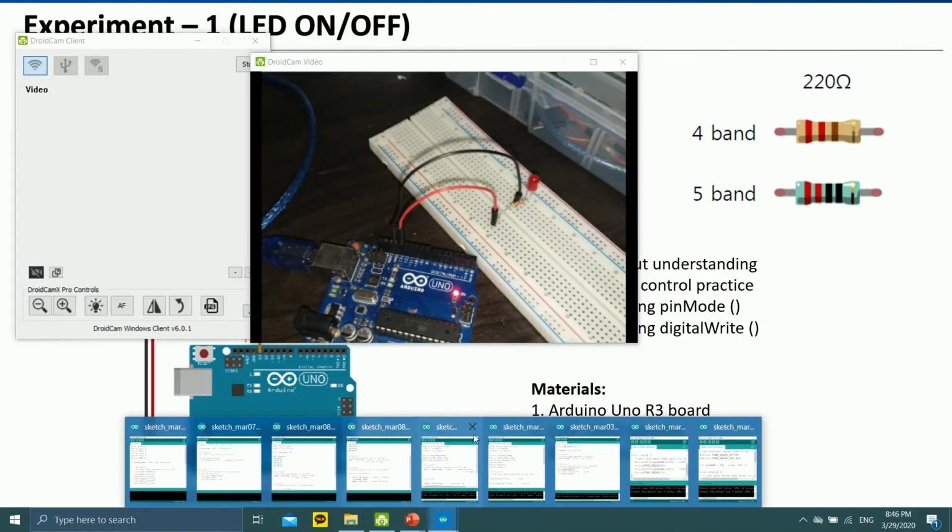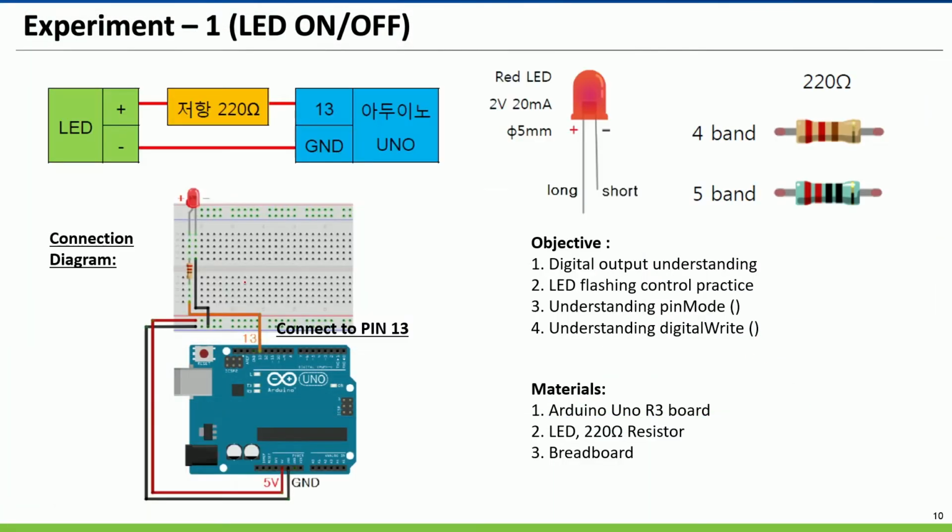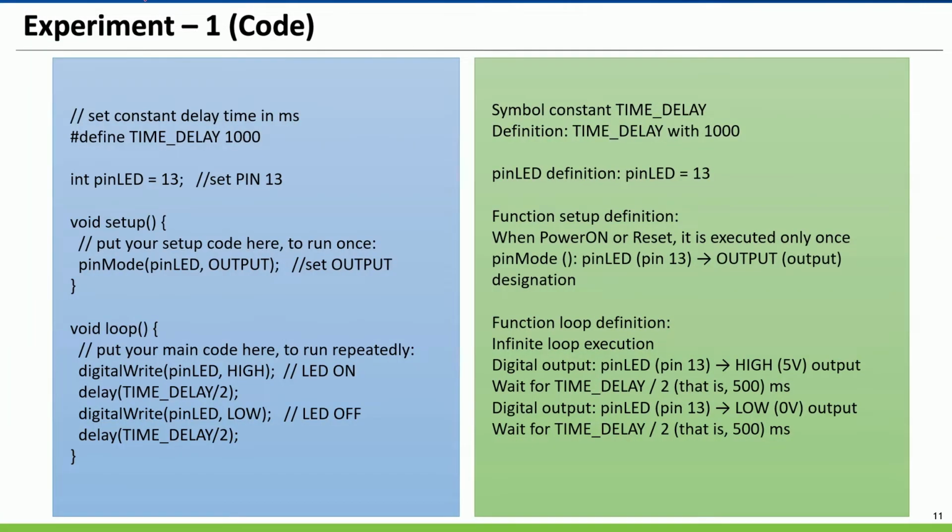And let's check. I have the LED program already, and let's check the code. First, the code. In this case, we define the delay time by the constant define function. Define delay time 1000